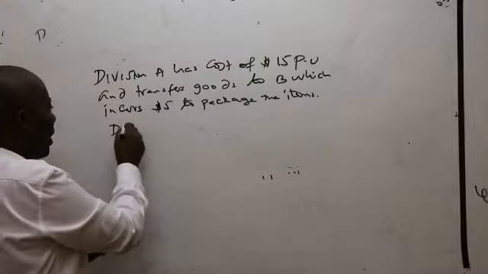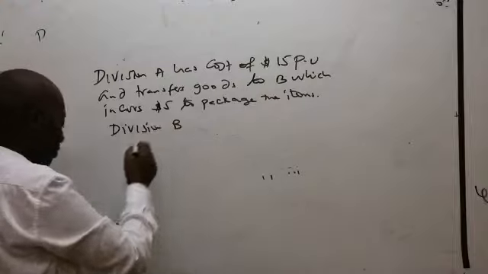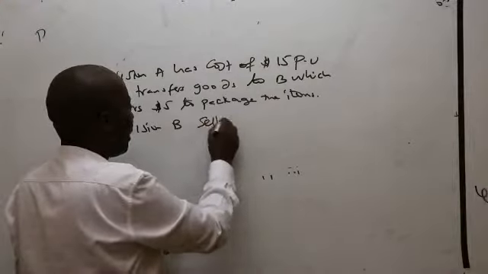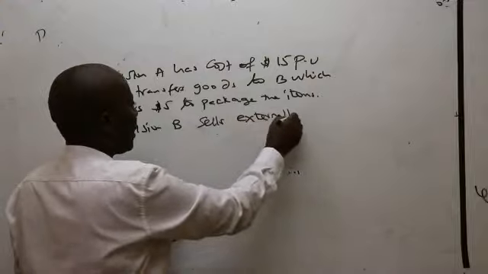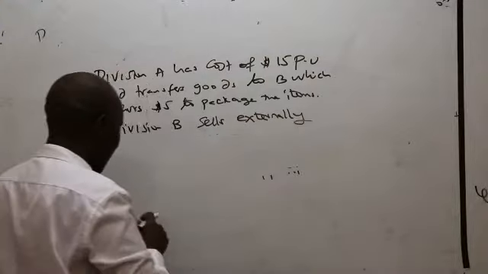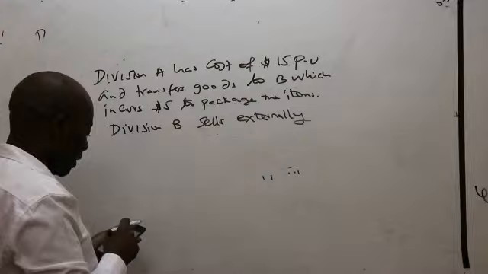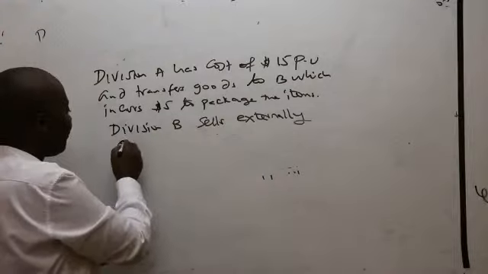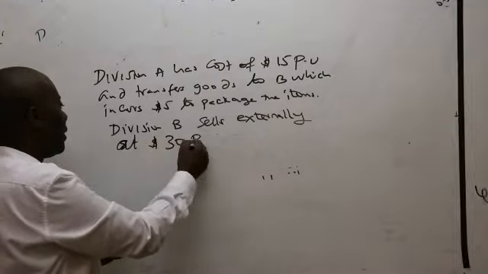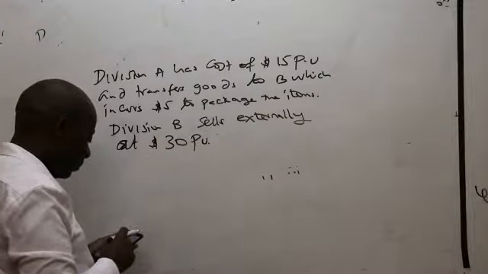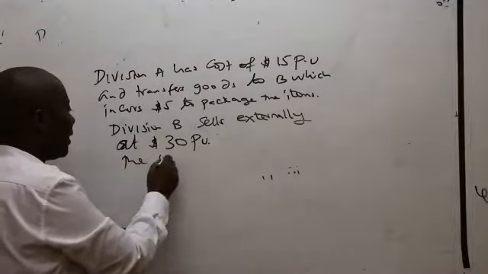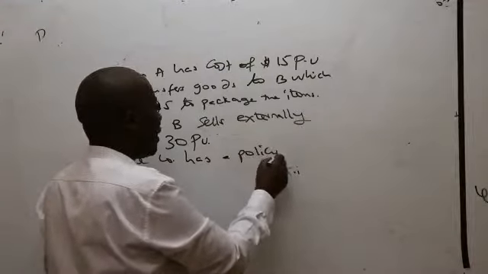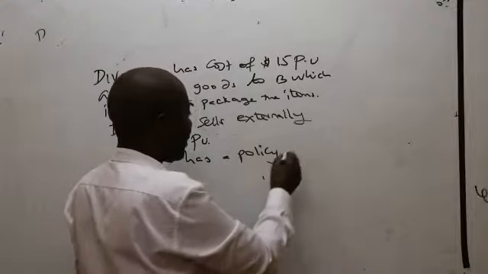Division B sells externally at $30 per unit. The company has a policy of setting